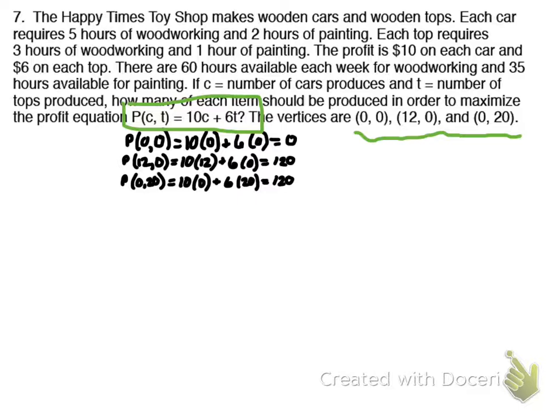And something interesting happens in this one. In this particular case, there is no singular maximum. Well, there is a maximum of 120, but there's no singular solution. We have two solutions. So we can say there's a max profit of $120 at either